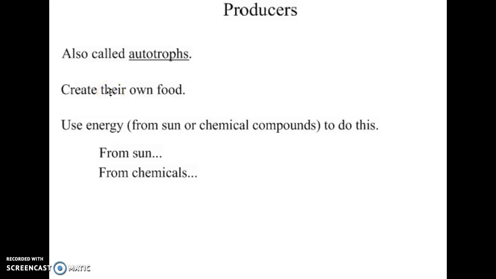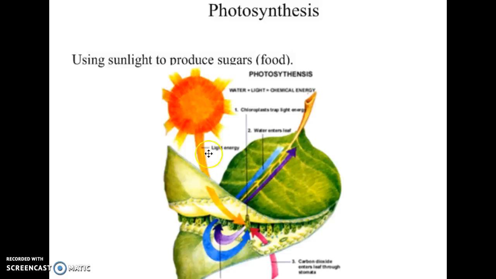And the way they create their own food can be done through one of 2 processes. We talked about that with the key points. Some organisms use sunlight to create their own food, and some organisms use chemicals to create their own food. And then there's some organisms like us that can't create food from either. So we're going to look at that as well. Some examples of autotrophs would be any type of plant. Let's check them out. Here we see a picture of a plant.